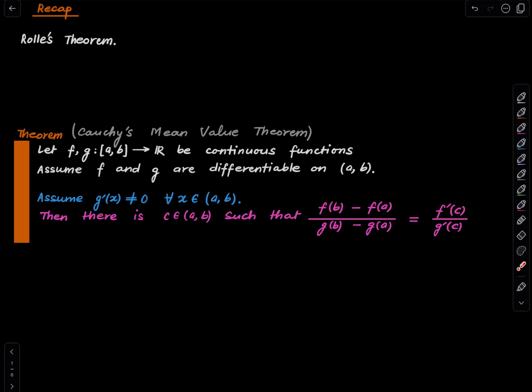theorem, which says: suppose you start with two continuous functions which are differentiable. Well, they are defined on the closed interval a comma b. We are assuming they are continuous functions, and we are also assuming that they are differentiable in the interior of the interval. Further assume that the derivative of g does not vanish anywhere in the interior. Then this ratio is equal to the ratio of the derivatives, but the key point in this theorem is that the same c works for both f and g. So there is a c strictly between a and b, such that this ratio is the ratio of the derivatives